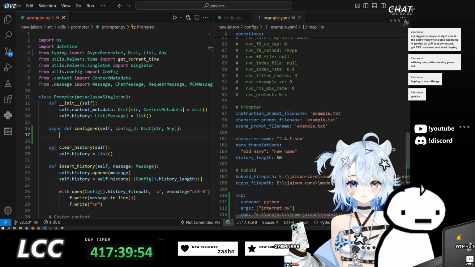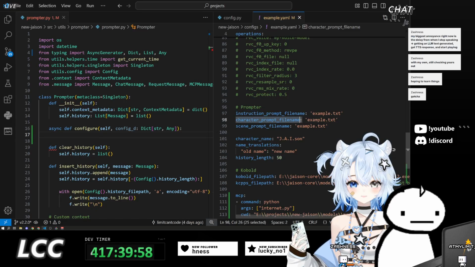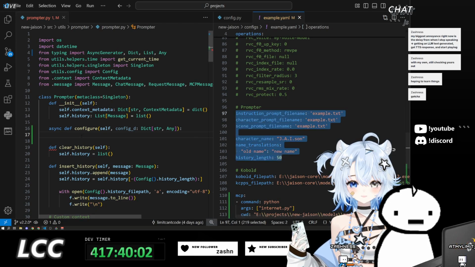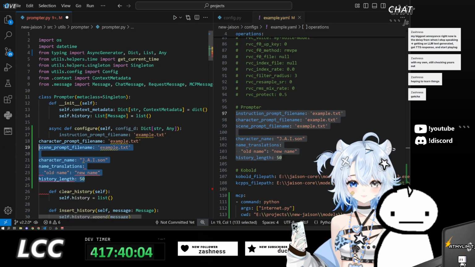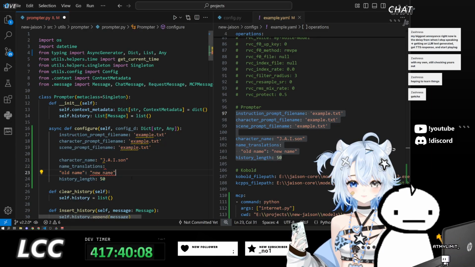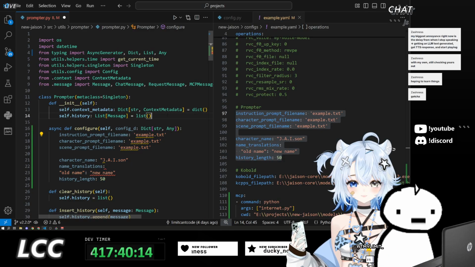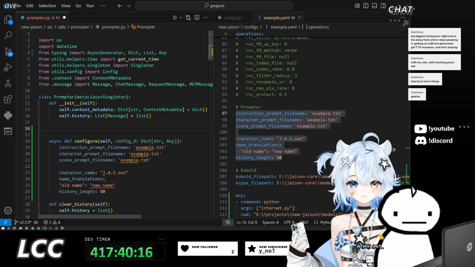And for this one, what do we have? Instruction prompt file name, character prompt file name, scene prompt file name, and all of this stuff. Okay. We'll actually make use of these as our defaults.